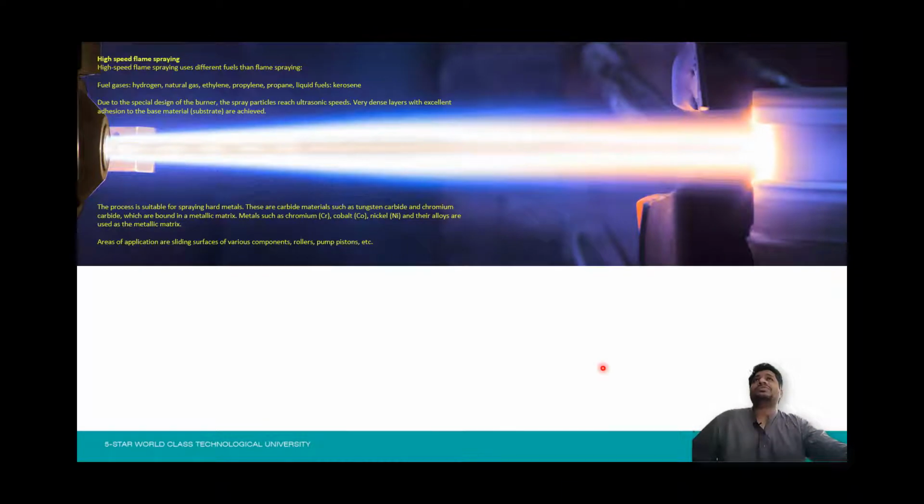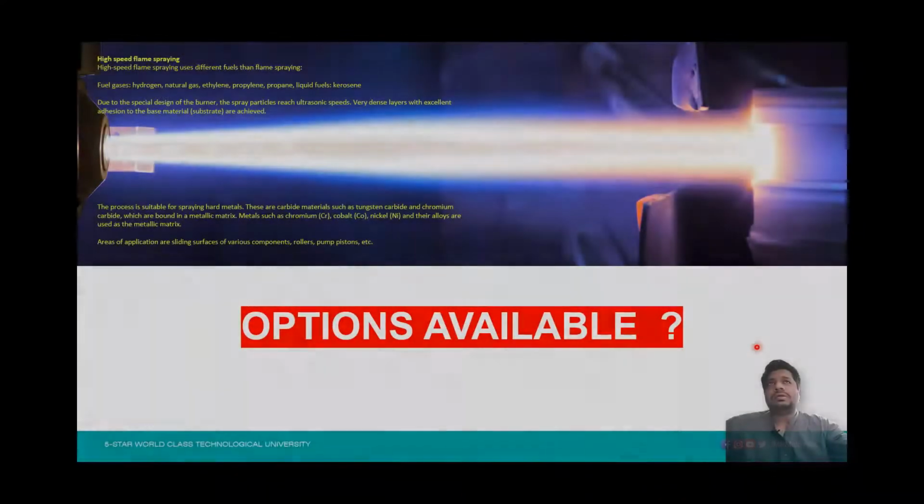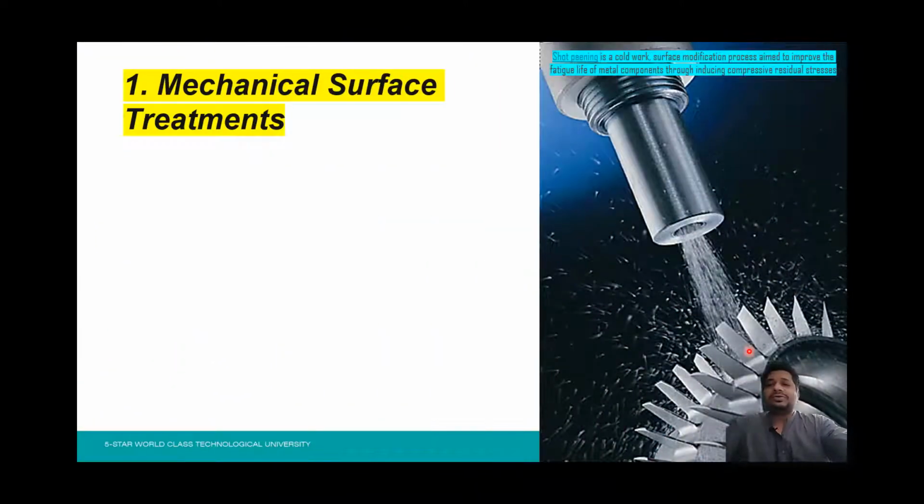So now let's move on to the different types of techniques which are available for our coating purposes. Let's take a look at some of the mechanical surface treatments. Number one is shot peening. In shot peening, what happens is basically